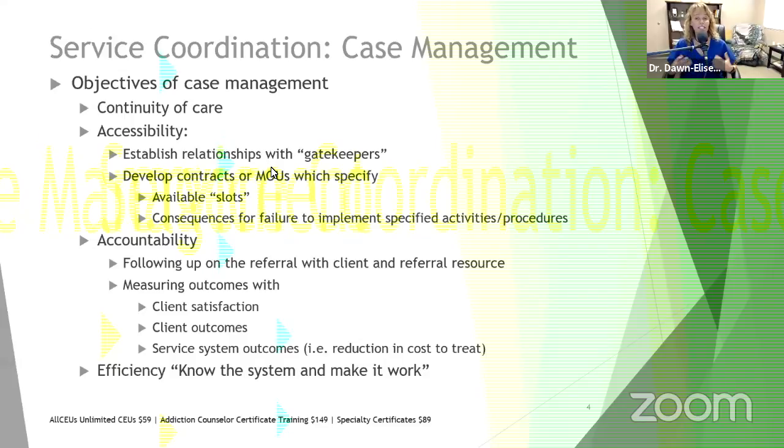But are we still getting the same client outcomes and client satisfaction? And case managers help with efficiency, because it's the case manager's job to know the system and to make it work. So you're the one out there just really making sure that everything's flowing smoothly.